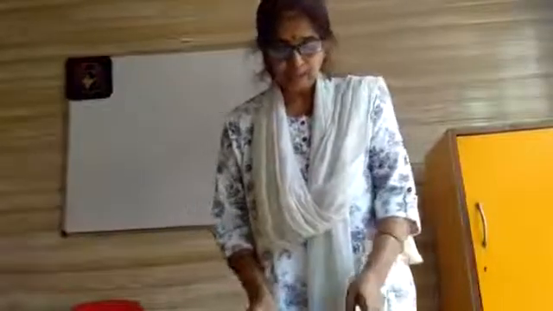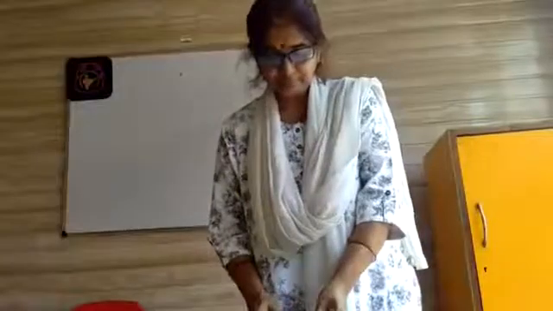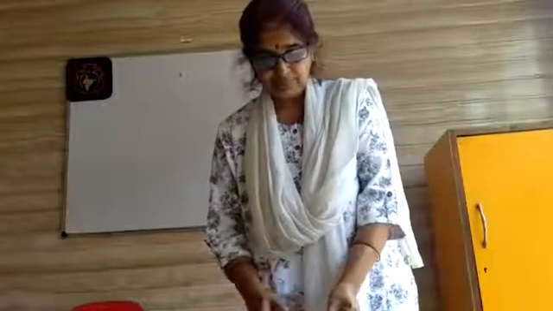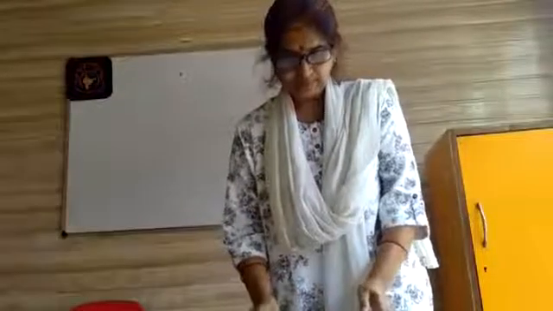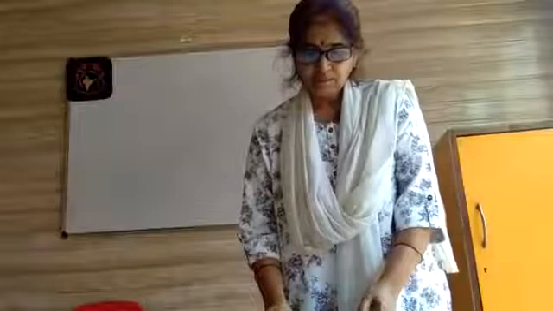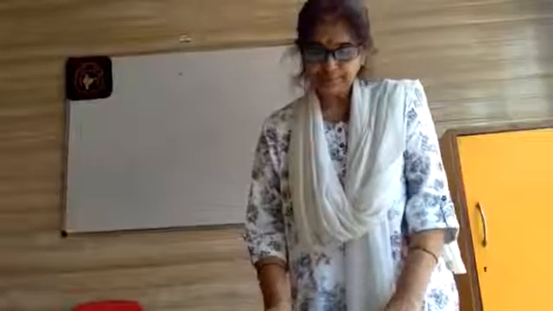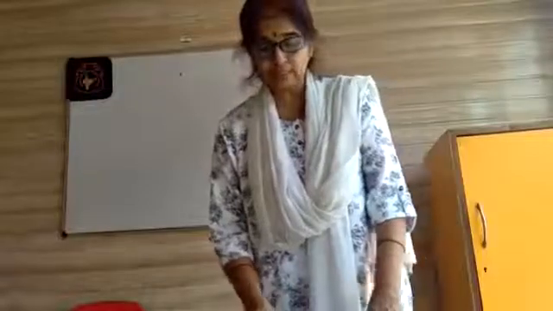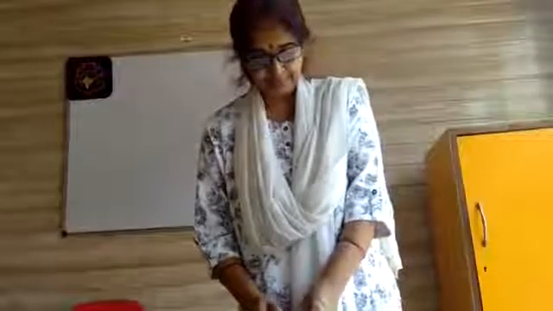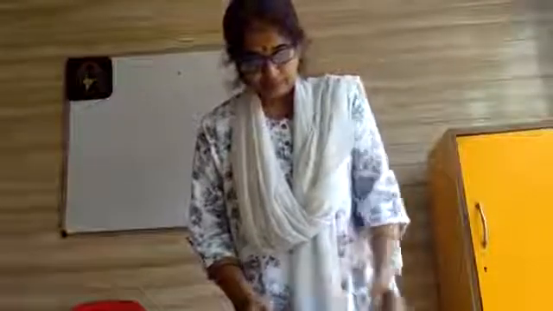So actually now we will be doing some revision of lesson number 1. That is, what are natural things? Natural things are found in nature, they are sun, bird, trees, etc. So children,